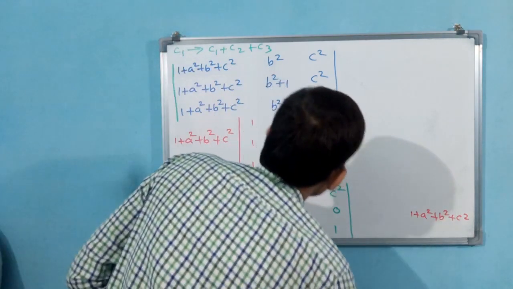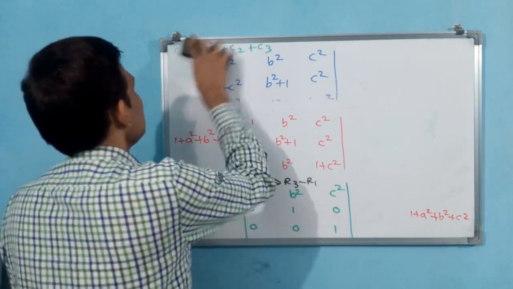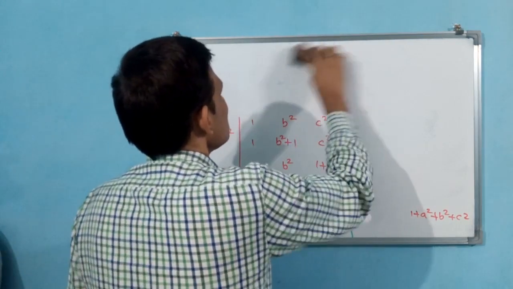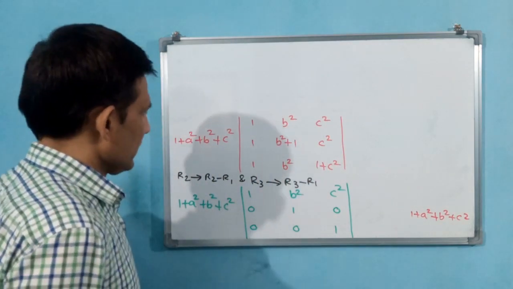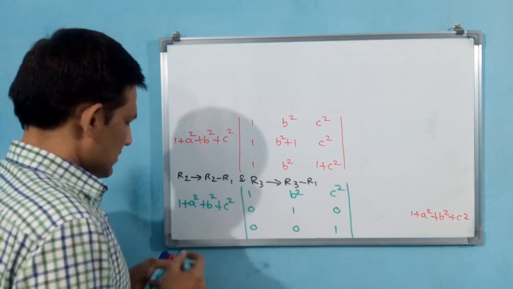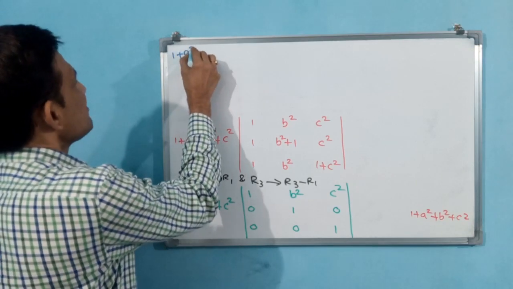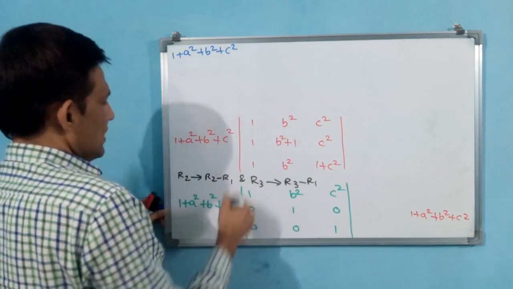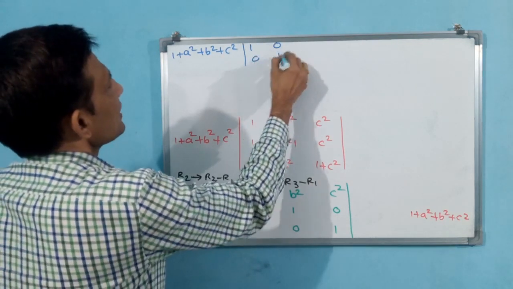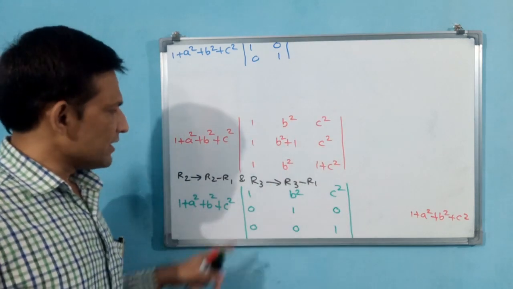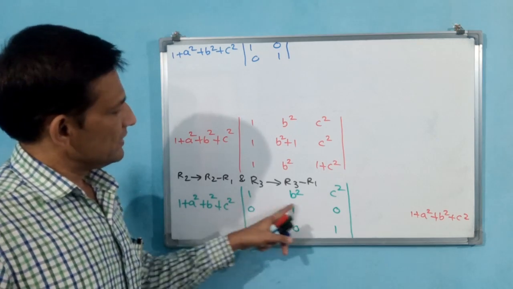Let us write. I'm removing this. This 1 is enough, what I feel. Now see how I am writing. Outside, 1 plus a square plus b square plus c square will be there. B square plus c square. And what I am writing is like this: 1 0 0 1. Is it okay? Now we need not take the entire determinant. Why? Because 1 0 0 1 comes automatically. Here 1 should be there, 1 should be there. Then this can be written.